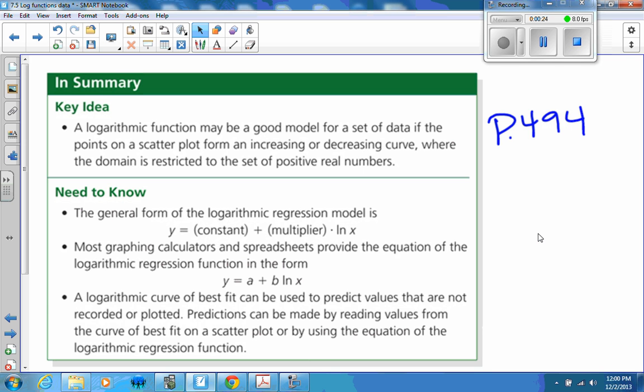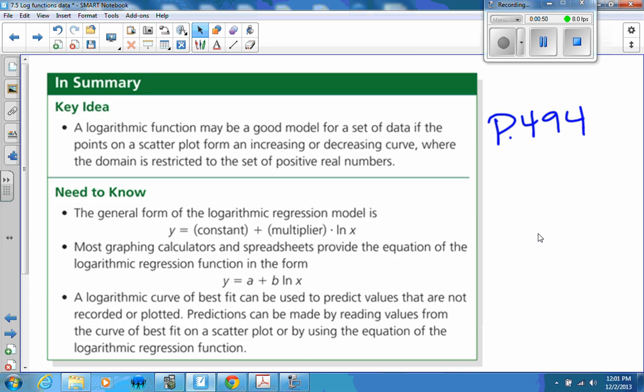So like every other section in chapter 6 and chapter 7, it's the same idea. We're going to plot some data. We're going to get a regression model, which is an equation, and then we're going to use the equation to solve other questions, right? Okay, so a logarithmic function may be a good model for a set of data if